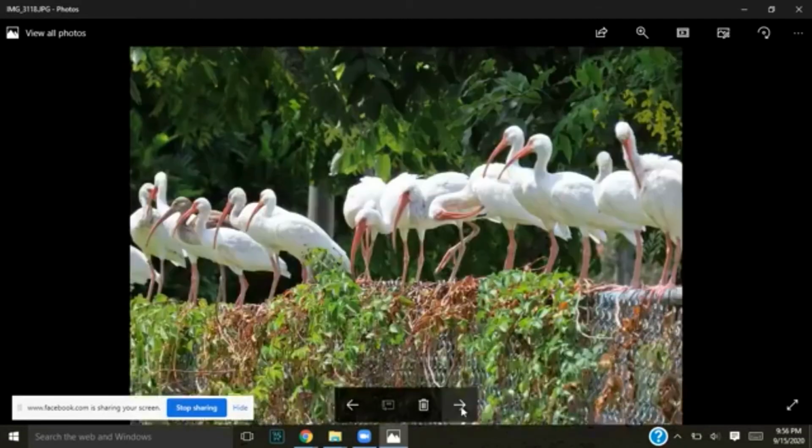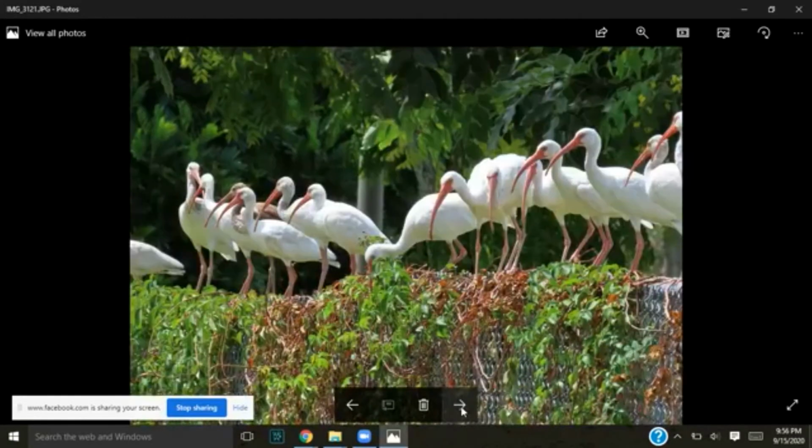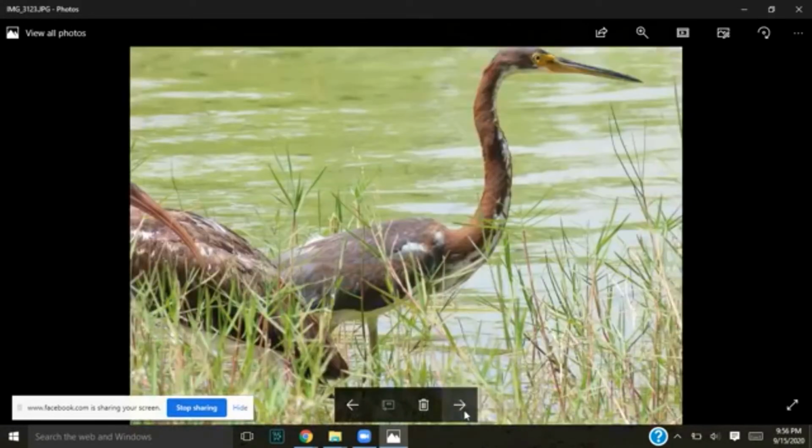They looked like they were just having a party or something. I was like, all of them just hanging out on the fence together. I don't know. I thought it was funny. I took the picture, to be honest, to show my husband because he's a Miami U fan, and Sebastian the ibis is the mascot. So I took the picture and I said, "Hey, look, I'm gonna frame this for you, and I'm gonna put like the U over it, put it in your man cave." Anyway, okay, so we have a nice